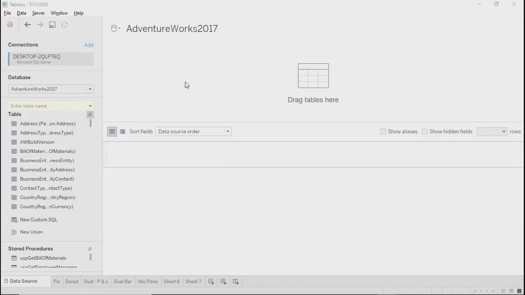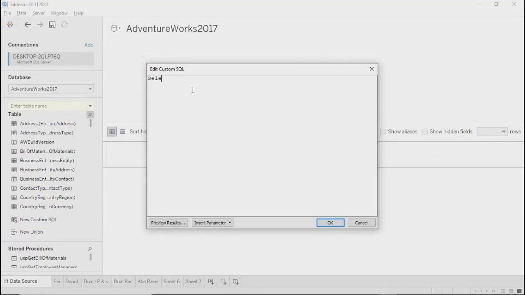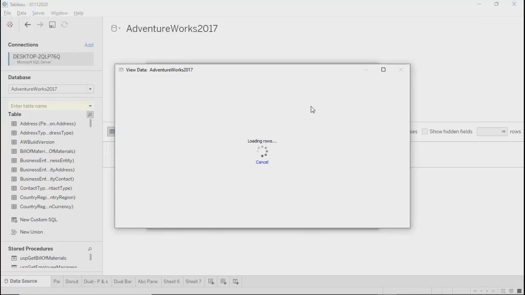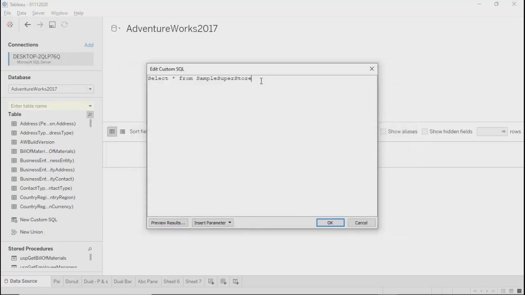New custom SQL. I will type select star from, I hope this name is correct, sample superstore. Preview results. Yes, here we go. Now what I want to do is write a condition here where category is equal to, let's say if I do copiers,